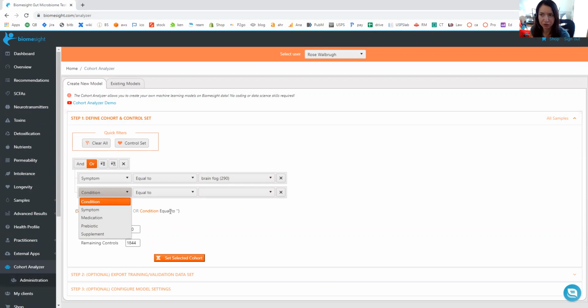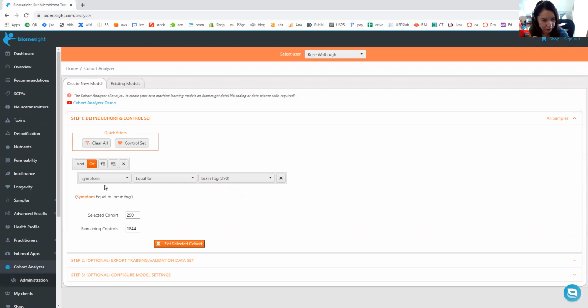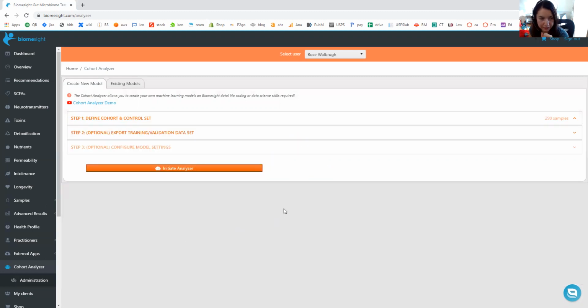So say, for example, so that you can look at certain age ranges, and also when it comes to controls, you want to age match the controls as well, but that's all coming in the future. So yeah, you select your cohort, and then all the samples that don't fit the criteria of the cohort are then the remaining controls. So you set your selected cohort, and then